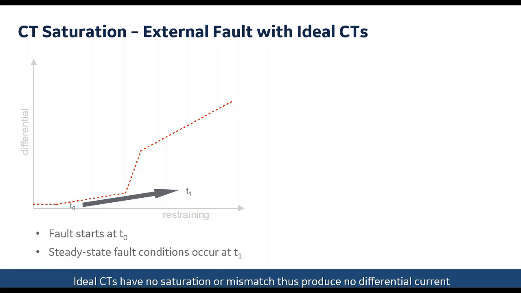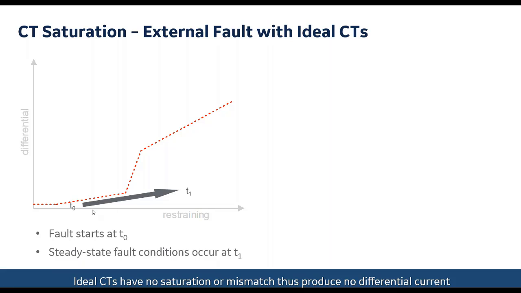When we do summation or maximum, we're talking about the magnitude, not with respect to phase. So if I have 1 per unit entering a zone, 1 per unit leaving a zone, the differential is 0. But if I'm using max restraint, the restraint is 1 per unit because it's the maximum of those two restraints. Or if I'm using the restraint added up, it will be 2 per unit depending on the type of relay. All our relays use the max restraint. I know some other vendors might use the total restraint. Whatever the case might be, that just affects how you set the slope